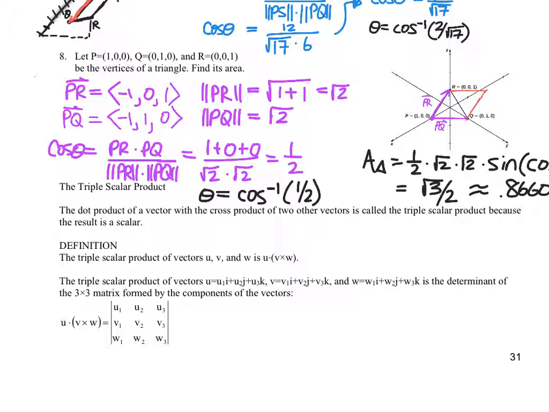In effect, if you're thinking about the magnitude of a cross product giving you the area of a parallelogram, then the triple scalar product, because it's giving you a third dimension, is actually going to give you the volume of something known as a parallelepiped,